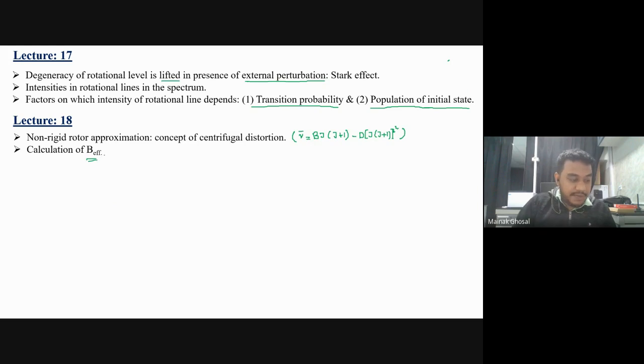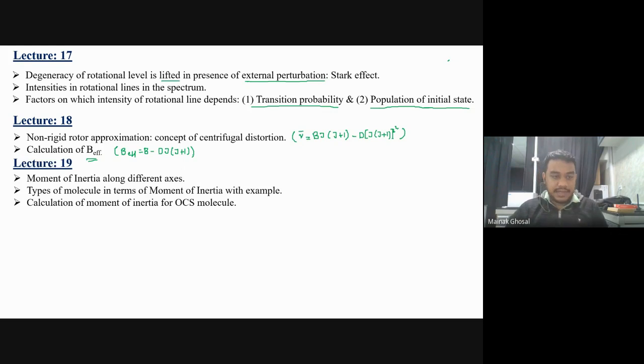So what is B effective? B effective is given by B minus D J into (J plus 1). So the B effective term was introduced and discussed. In the next lecture, the moment of inertia was calculated along different axes for different molecules, and it was shown how the moment of inertia depends on the structure of the molecule,